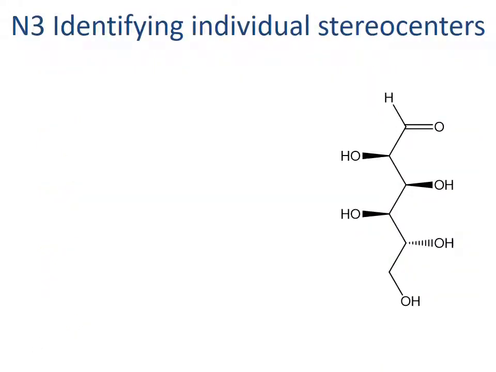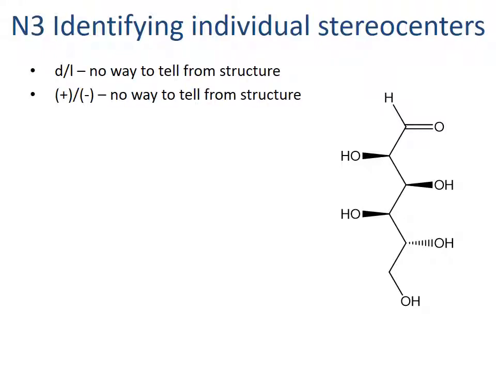Let's take a different tack to see why this is important. The molecule at the right is a D-glucose. Is it dextrorotatory or levorotatory? There's no way to tell from the structure. Similarly, we can't use plus or minus from this molecule, because again, we can't tell which way it's going to